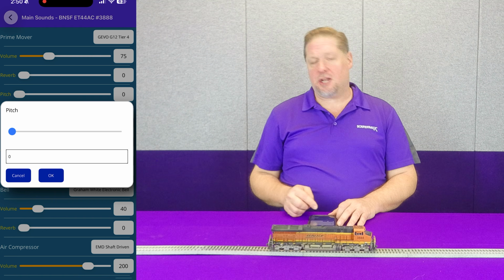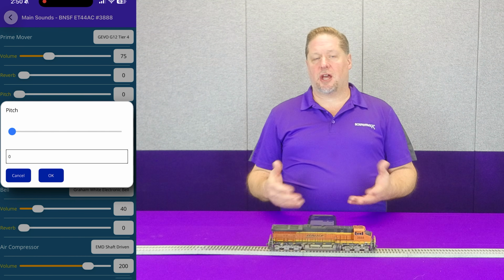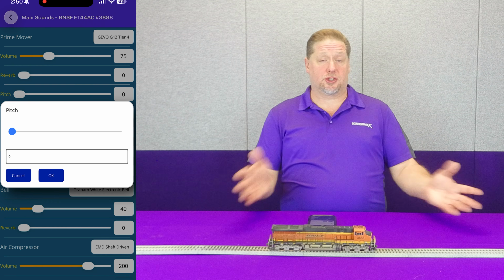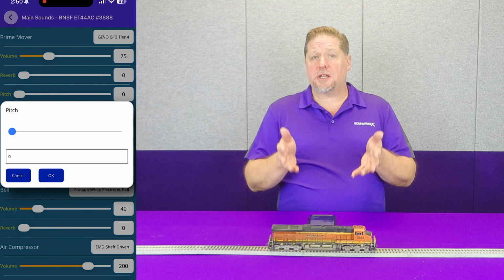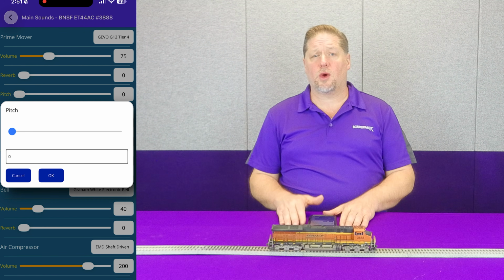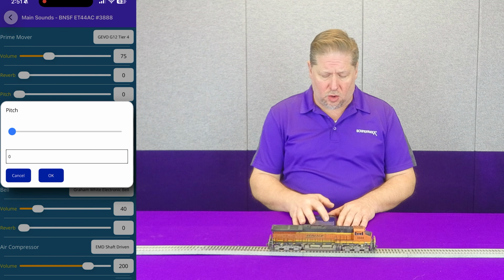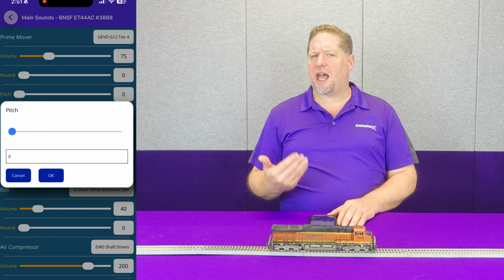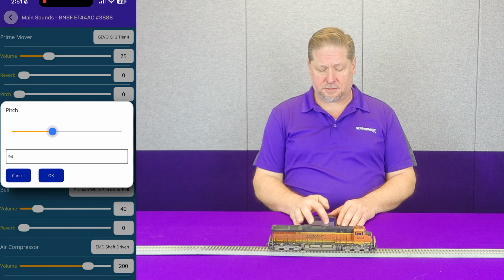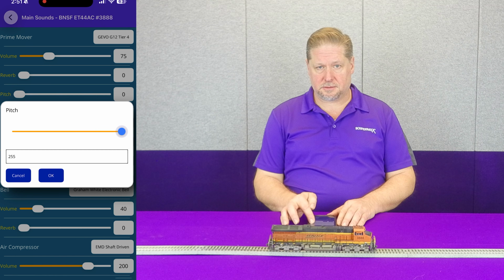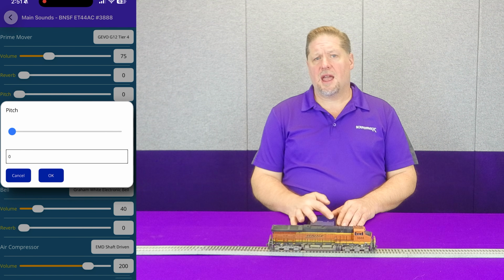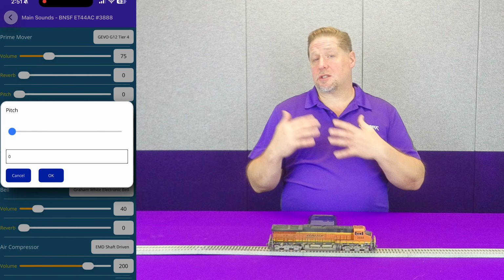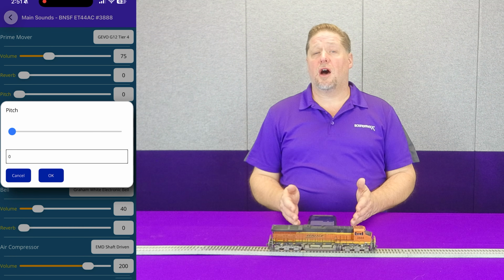But the pitch shift here allows you another way to make the prime movers all sound different. So you can adjust the pitch down a little bit, or you can pitch it up a little bit, so that way you can go in and adjust them differently. So if I take this, listen to how the prime mover changes. And you can kind of hear how it changes the pitch and the overall tone of the sound of the